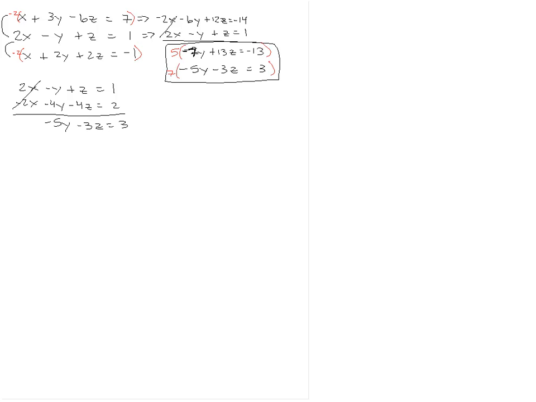So the first one gives me positive 35y, 13 times 5 is negative 65z and positive 65. The next one gives me negative 35y, positive 21z, and positive 21. Those cancel out. This is left with negative 44z equals